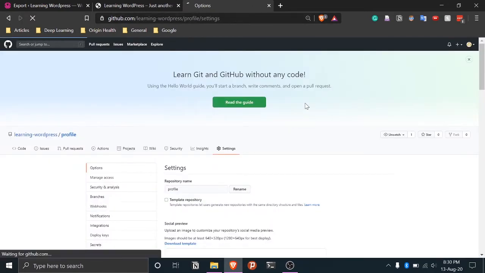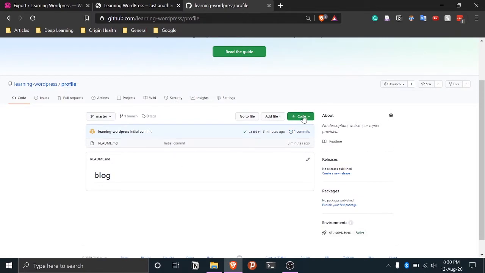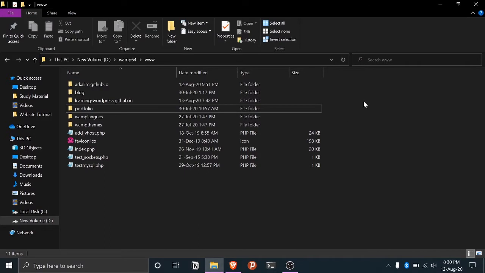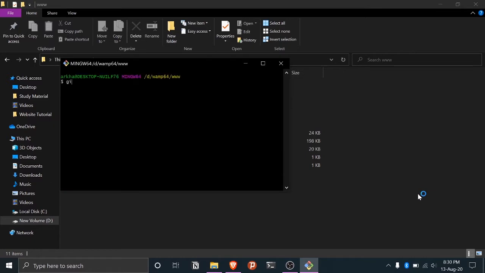Okay, so we'll go back to the repository, copy this, and we're going to clone it here. I'm currently in the www folder, so we'll come here and open Git Bash, then git clone, then paste. Run this.